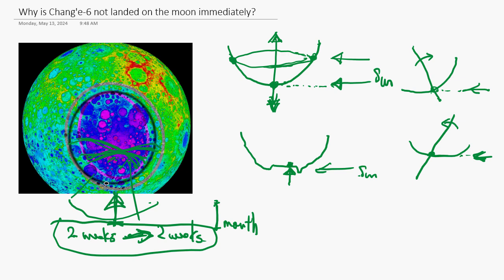So the intention is to land within a crater. This crater is not too high, so sunlight is still coming in and shining on this area. Okay, and that's what Chang'e-6 is doing. So it takes one full day, which is about 1 month on the moon, just to observe and map the light-exposed area and determine where to land. And the next day, which is new moon,